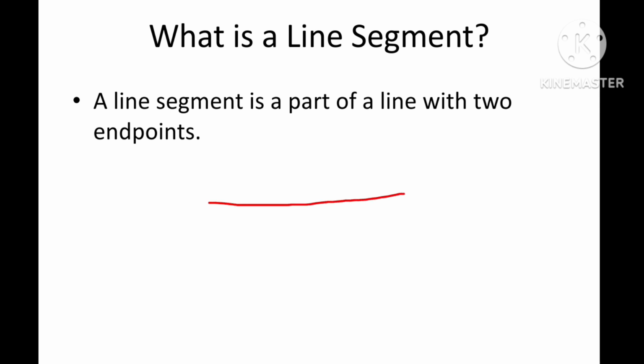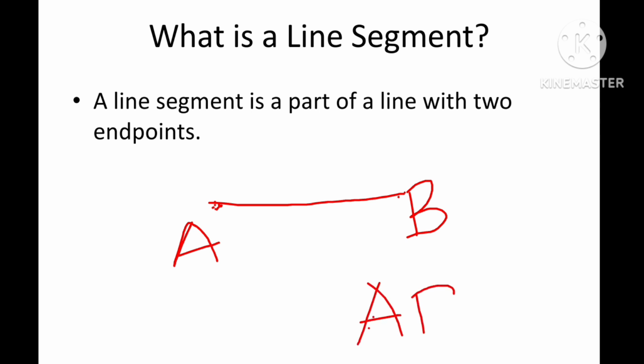This is called a line segment, line segment AB. A line segment has a starting point and also an end point, and it comes from a line, and a line segment is represented by AB like that. Okay,